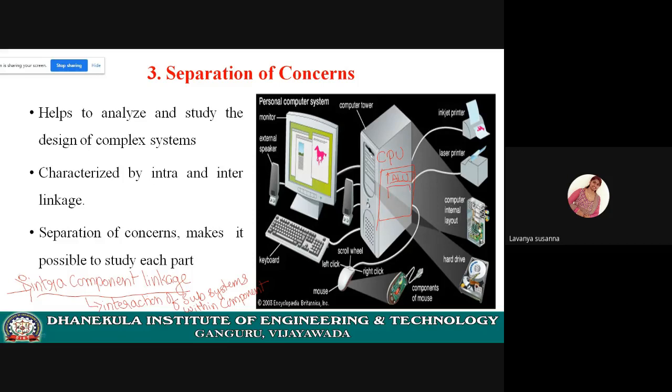ALU, control unit, and some memory registers. It contains some registers, right? All these components must interact with each other in order to process the data. If a CPU wants to process the data, first the control unit must fetch the data from memory, and it gives the data to the ALU if there are arithmetic and logical operations.